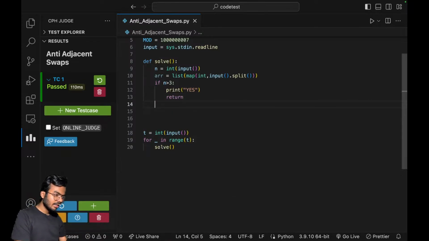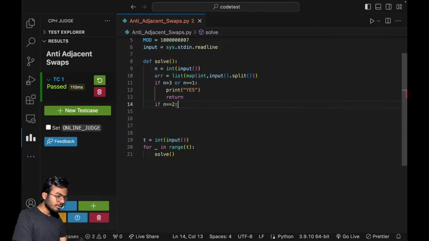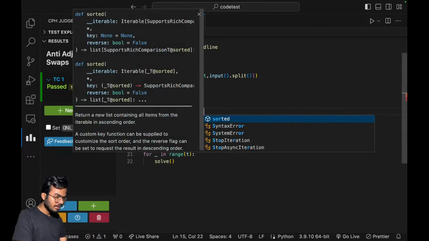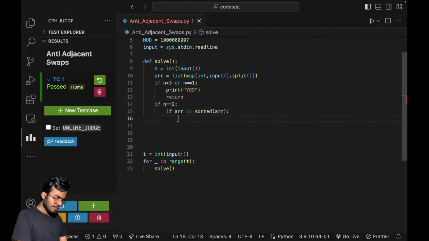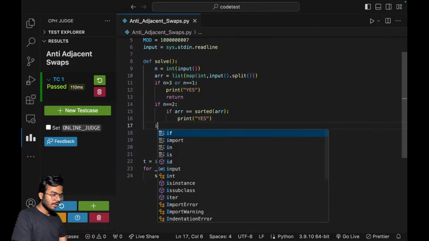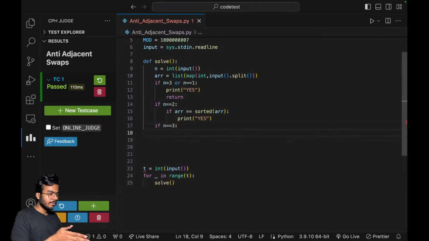Otherwise, if n equals 1, then the answer is yes. There are only two cases. If n equals 2, if arr is equals to the sorted array, then let's print yes. Okay. If n equals 3, then there is a case that